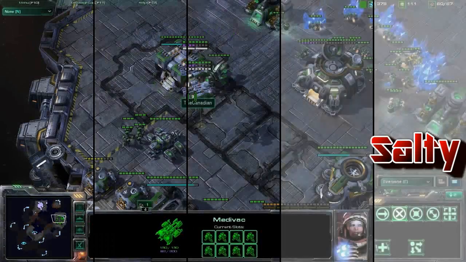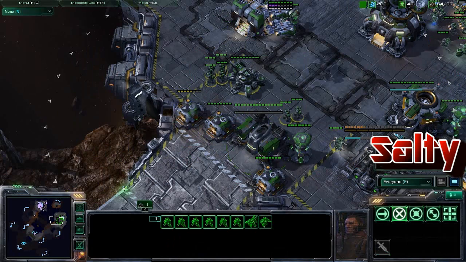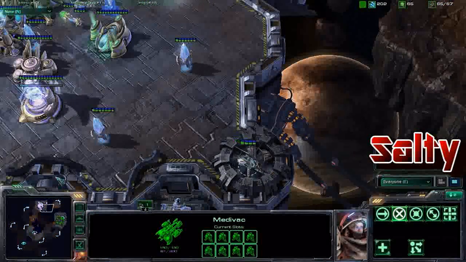Medevac drop very shortly here. And even using this siege tank to siege up and just defend this wall off while this drop happens. We'll see if...